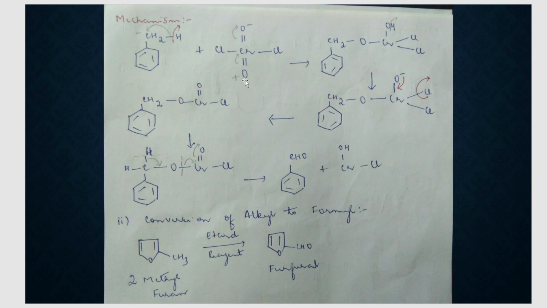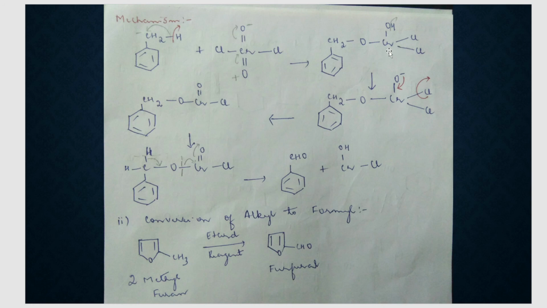Now what will you do? You will attach this whole part through this oxygen to this carbon. Then you have this oxygen with a negative charge, and you have an H plus ion in the reaction medium which will come and attach over here. So now what do you have? You have the CH2 part, and to this carbon this oxygen is attached, CrOCl is there, and one OH is there. What can you eliminate over here? There's an H, there's a Cl, so there is elimination of HCl in this step. Cl goes out as Cl minus, H goes out as H plus, and they combine together and go out as HCl.